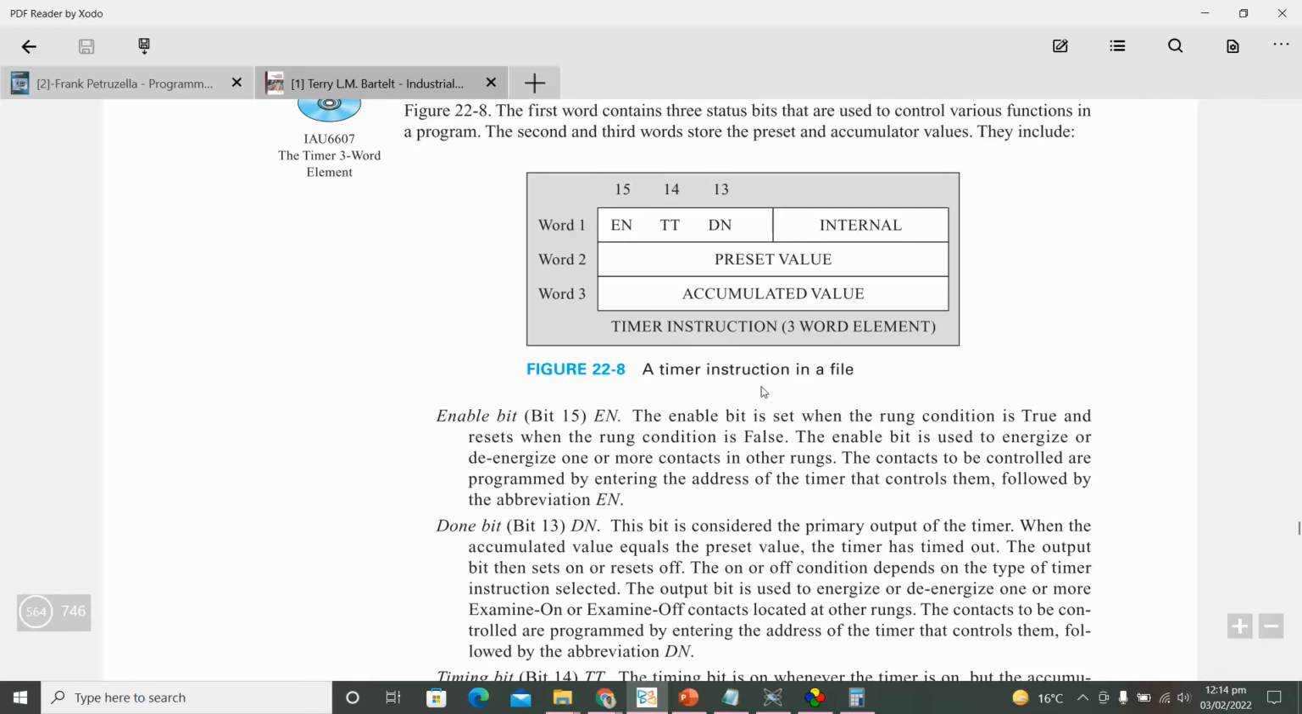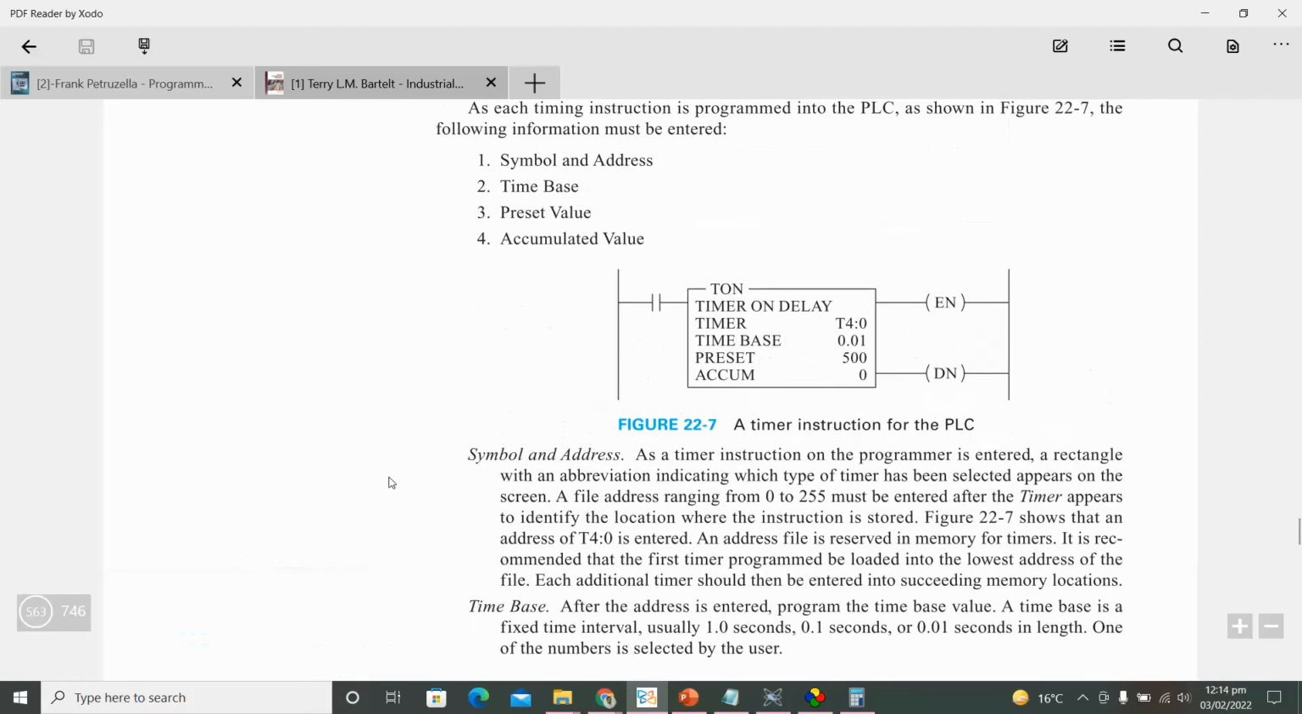The enable bit is set when the run condition is true and resets when the run condition is false, ठीक है। The enable bit is used to energize. अगर enable bit आपका सेट है तो इसका मतलब है टाइमर चल पड़ा है। इधर जो कंडीशन थी वो ट्रू है, उसने टाइमर को ट्रिगर किया और ये enable से आपको पता चलेगा कि इस वक्त टाइमर ऑन है, ठीक।